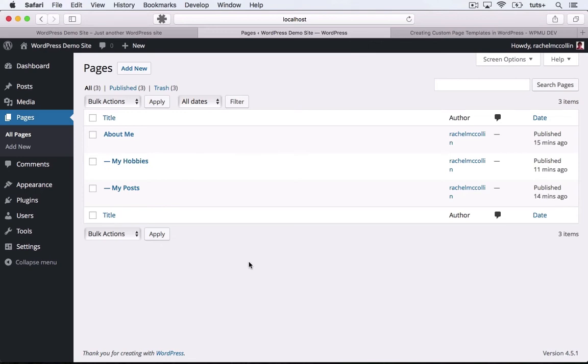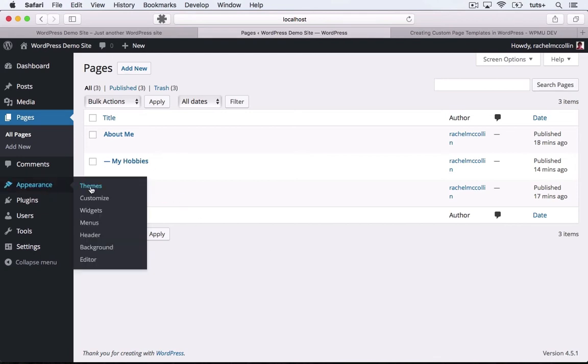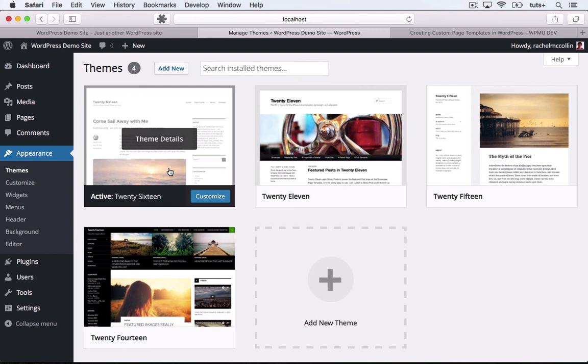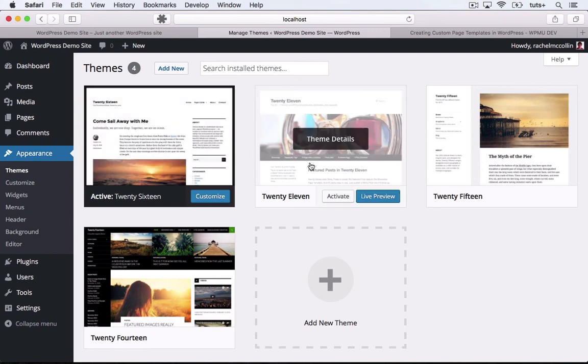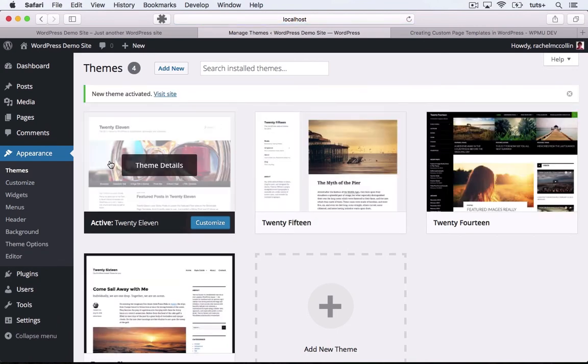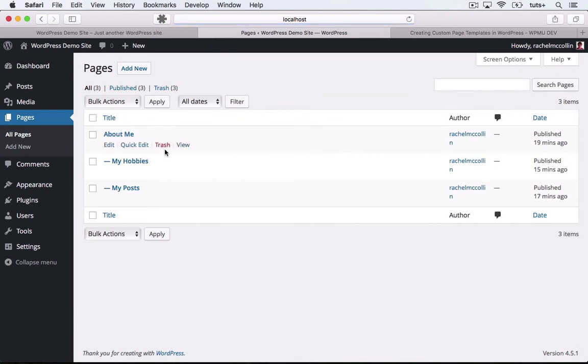Now the next thing I'll show you is how you can use custom page templates to display the contents of different pages differently. Now to do that, we'll have to activate a different theme in our site, because this particular theme, 2016, doesn't include any custom page templates. So let's go to the Themes screen in the Appearance menu. And here you can see that 2016 is active. I'm going to activate 2011 because that includes custom page templates. So I'll click on Activate here, and then I'll go back to my list of pages and I'll select one,